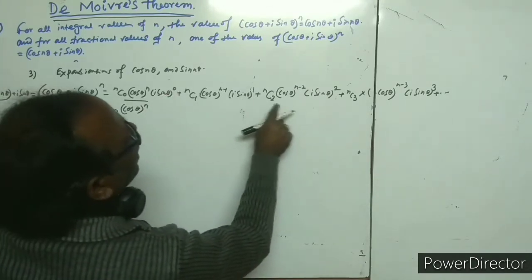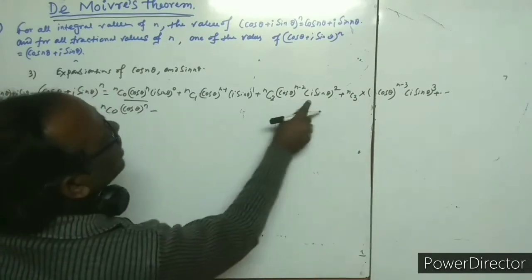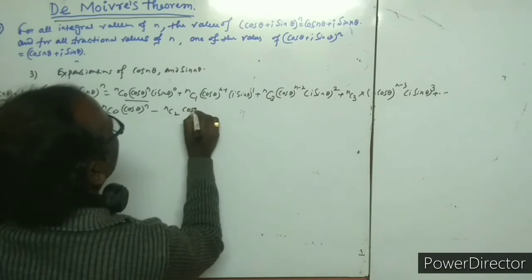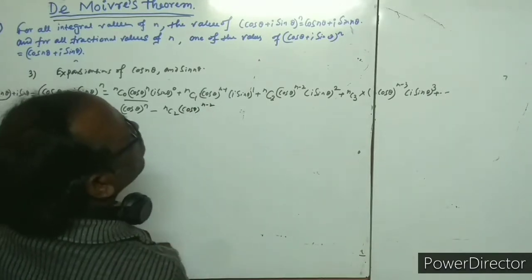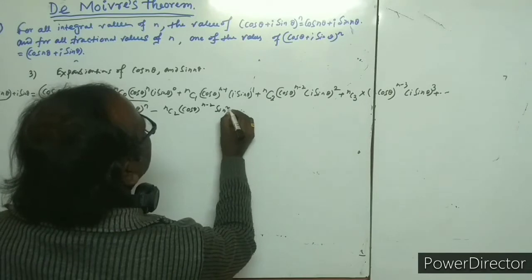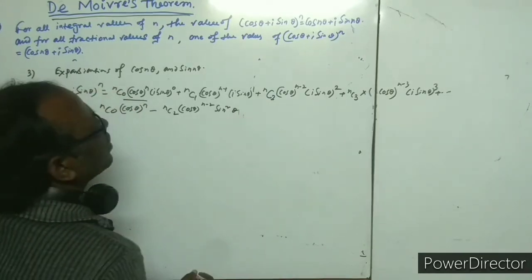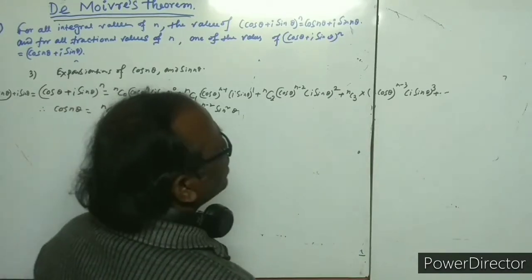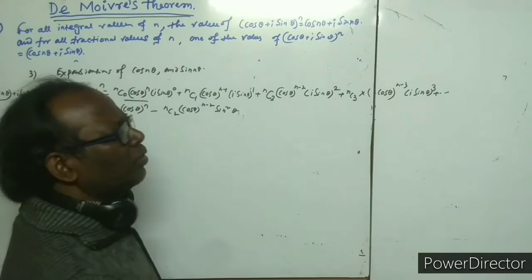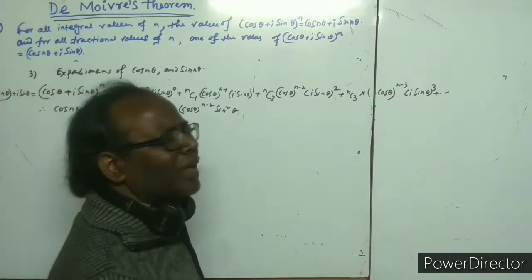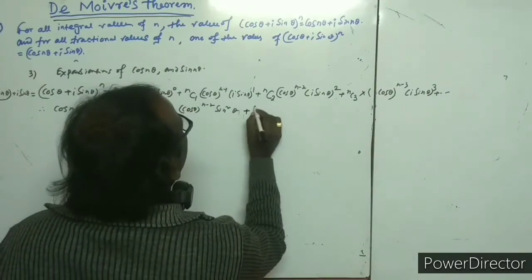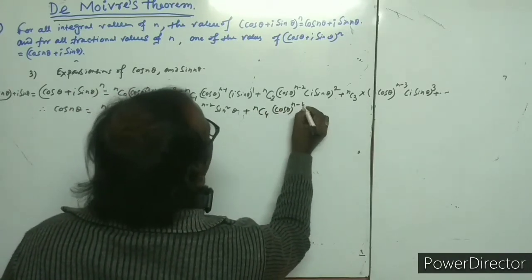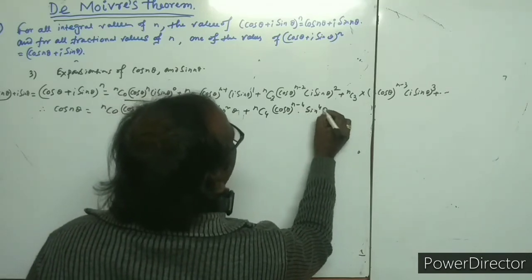Again nC2, here i square means minus, so minus nC2 cos theta to the power n minus 2 and sin square theta. Okay, again for nC4 there was i sin theta whole to the power 4, so i to the power 4 means plus 1. So you get here nC4 cos theta to the power n minus 4 and sin to the power 4 theta,